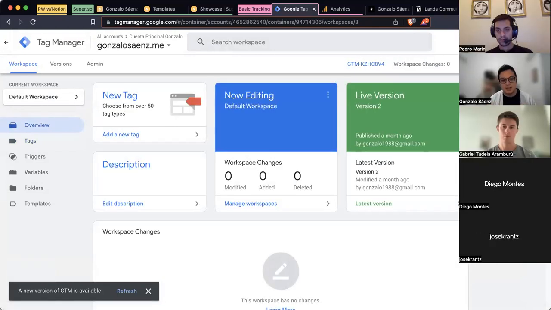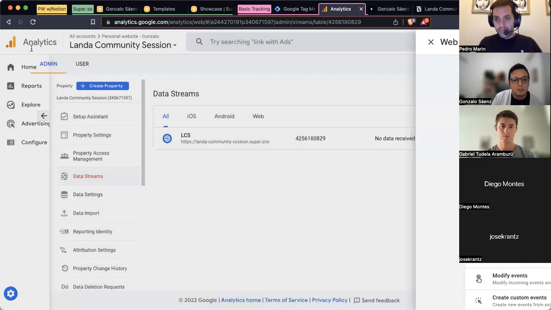So whenever you create a tag, you need to publish it on your web page. So it's a really straightforward process. I couldn't cover the details now because of time, but feel free to reach out through DM in the community. There are a lot of tutorials on how to create a Google Analytics account and how to create a Google Tag Manager account. So that's why I'm covering this on a really high level. And with that, this is ready to be shared, to be tracked.